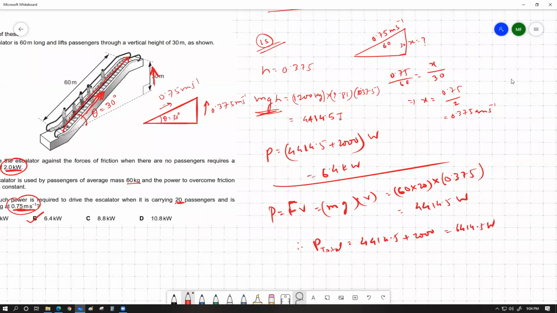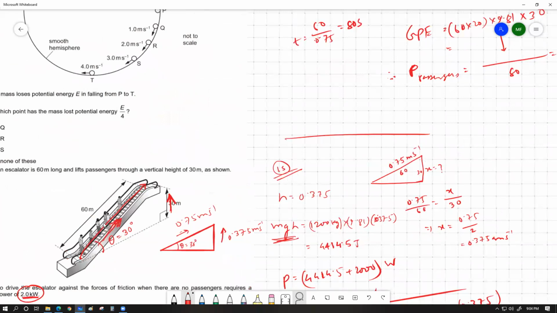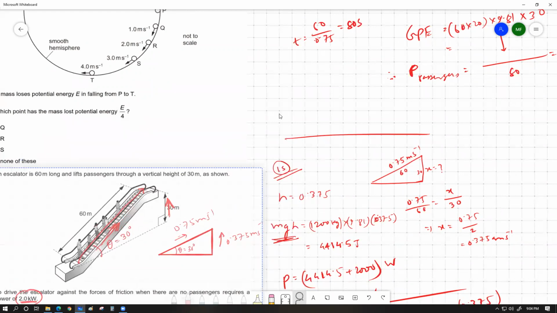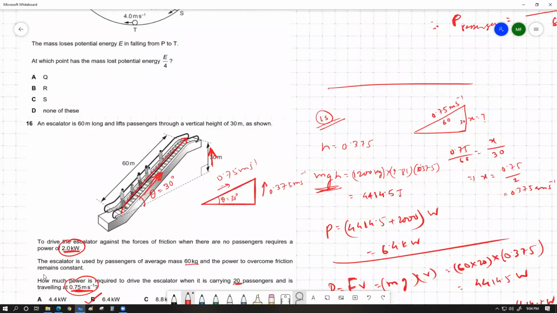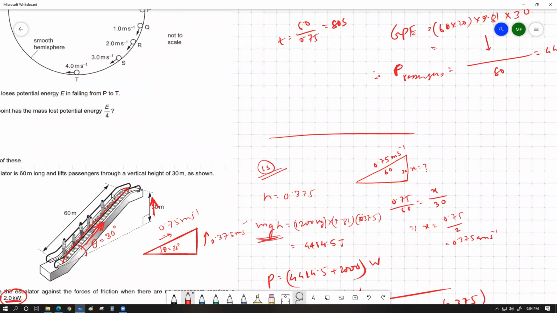মানে স্পিড রেটটা বোঝা যায়নি স্যার। আচ্ছা, the lift has a linear speed along this slanted path that is 0.75 meter per second, as the question tells us. এই যে এখানে 0.75 meter per second। ইয়েস স্যার। তাহলে টোটাল 60 মিটার কভার করতে কতটুকু সময় লাগবে? Speed equals to distance over time, time equals to distance over speed, distance হচ্ছে 60, speed হচ্ছে 0.75, gives you the time 80 সেকেন্ড। মানে টোটাল সবগুলো প্যাসেঞ্জারকে নিচ থেকে উপরে উঠে টোটাল 80 সেকেন্ড টাইম লাগবে।